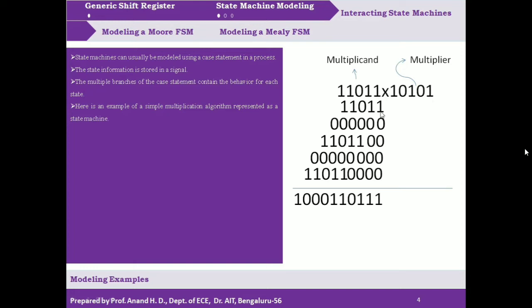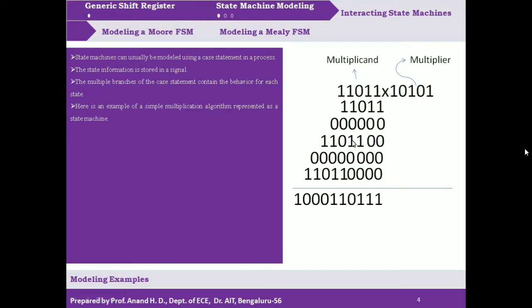It will be 11011. Next, when it is 0, if we multiply the 0 bit with the multiplicand, we get 0 back, so there is no necessity of addition. Correct? So the accumulator content remains 11011. And when we multiply again with the next bit of the multiplier, which is 1, we are going to get 111100. But what is this? Actually it is a left-shifted version of the multiplicand, right? It is shifted 2 times to the left, and then we have got this.